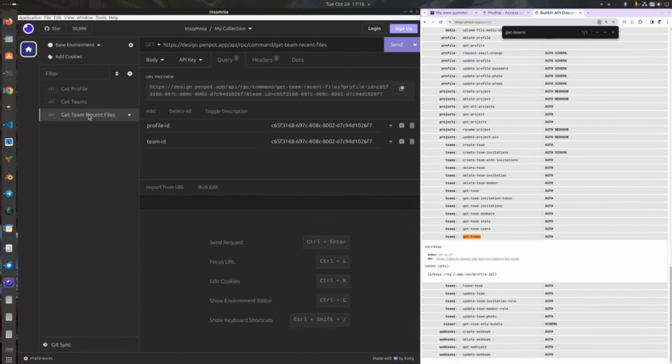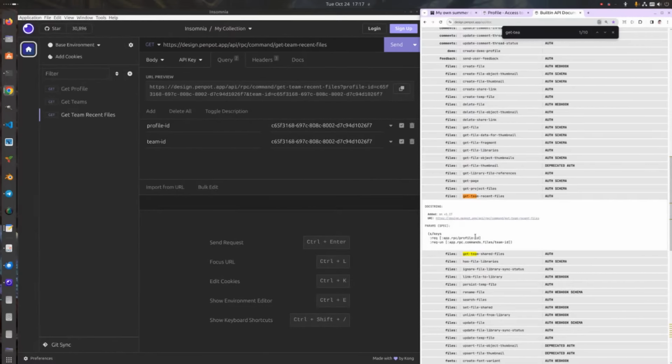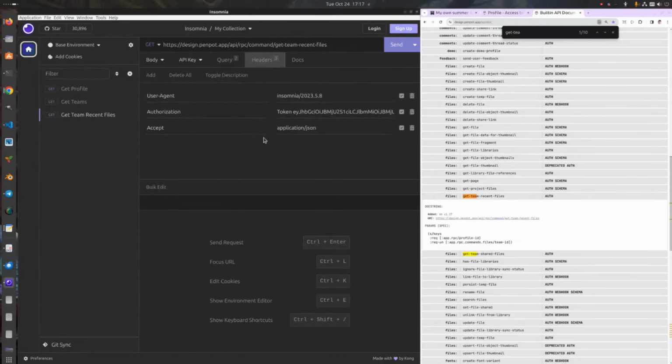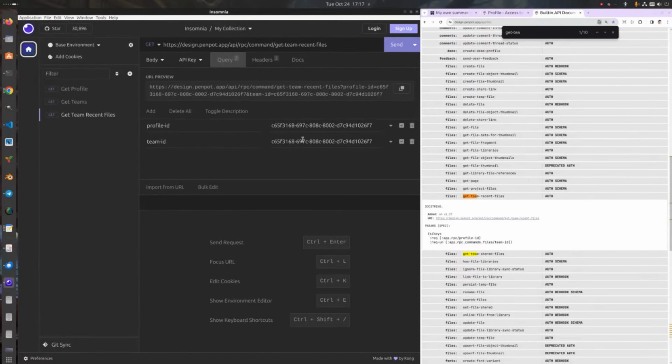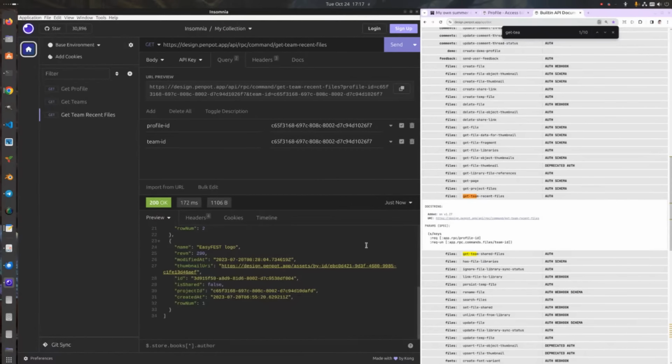So I could actually go to get team recent files, which is another example. Here, get team recent files, and it's going to ask me for the profile ID and team ID. And what is this going to give me? It's basically the recent files, the files that we recently changed for that team. Headers look the same, but the query now needs the team ID. I already copied and pasted this to save you time. So I hit send, and I get